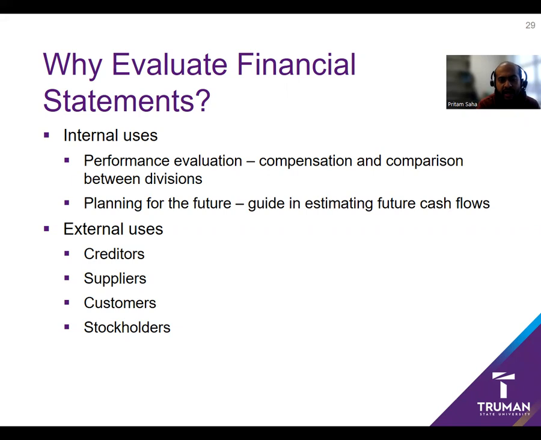So far in chapter 3, we talked about how to do common sizing and how to do ratio analysis. Now, why do we do those analyses, why do we evaluate financial statements? Broadly, there are two usages, internal and external. When you talk about internal usage, most corporations have different departments and divisions, and they want to see which one is doing better and which one is not. So they can evaluate the performance of different departments and divisions. That is one of the usages from the corporation's internal side.